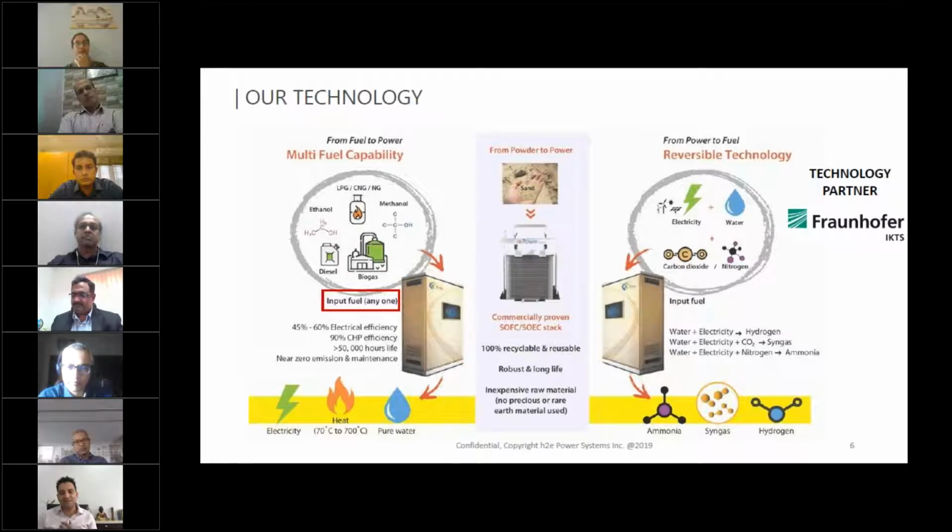So in the energy transition, this is the first step in decarbonization. And as we go forward, we're talking about defossilization of the world. On the reverse side, the same system can produce ammonia, it can produce hydrogen, it can produce syngas from renewables. So whenever there is inexpensive renewable power available, we do electrolysis of water, and we produce hydrogen or different gases, which can then be used. So it is a magic technology, as I call it, and it is 24/7. So we hybridize this with a solar, with a battery, so that we can get best of both the worlds and provide an inexpensive solution to the end customer.